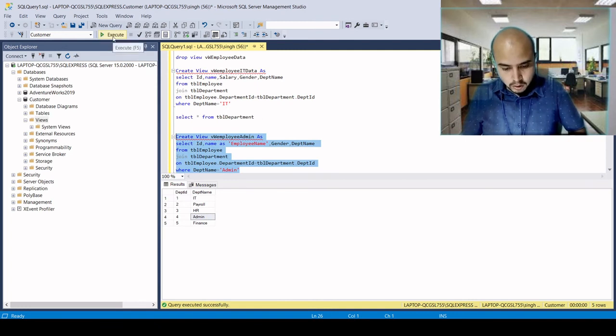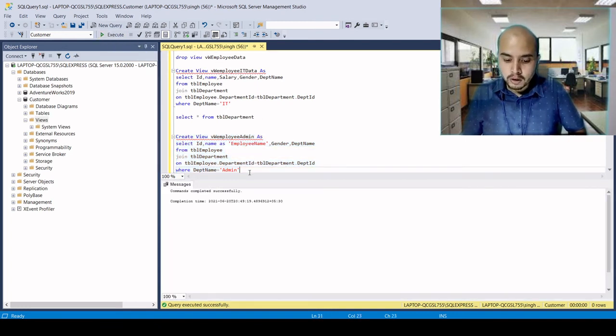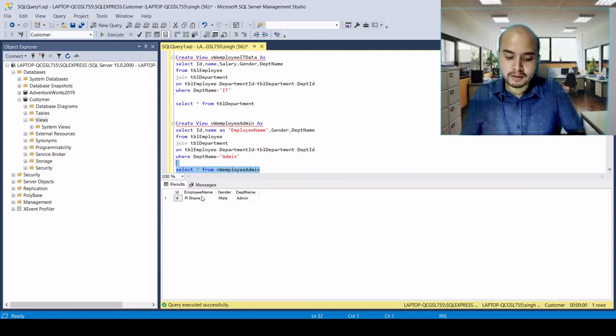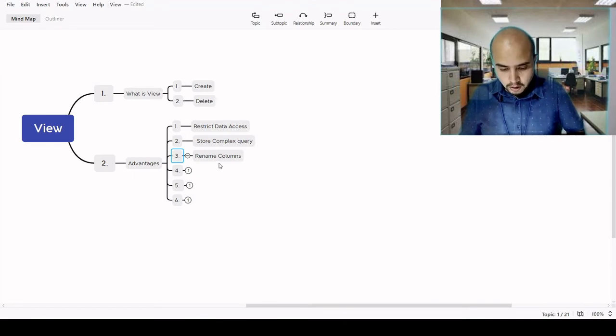So what you are doing now, you are giving him the access of admin department data, and you are also renaming the name according to him. You have now renamed the column from name to employee name. So this is the beauty of the views.